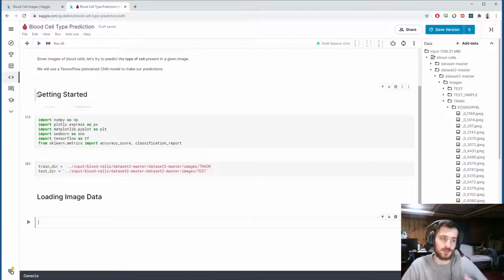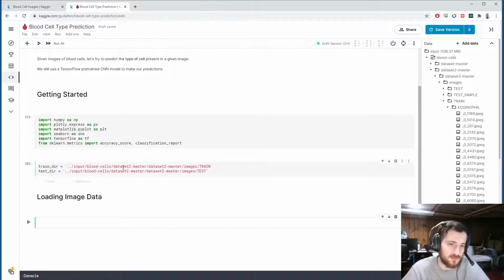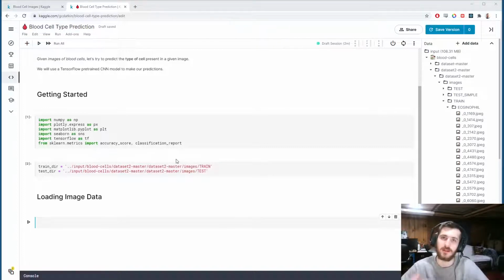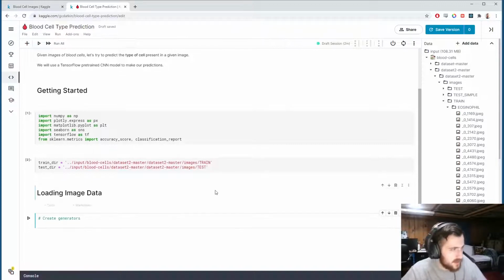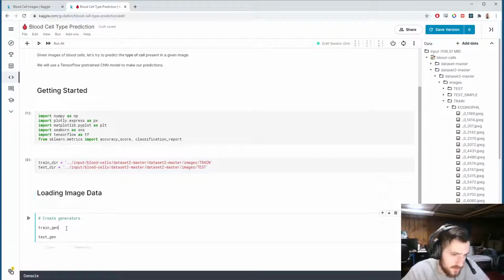For this we're going to be using generators, and generators are nice because they prevent you from having to load up all the images from the disk, which can clog up your memory. It can actually crash the notebook if we run out of memory. So a generator will load them in a few at a time, train on them, and then recycle the memory so that we don't run out. So let's create the generators. We'll create one for training called traingen, and one for test data called testgen. Both of these are going to come from Keras,